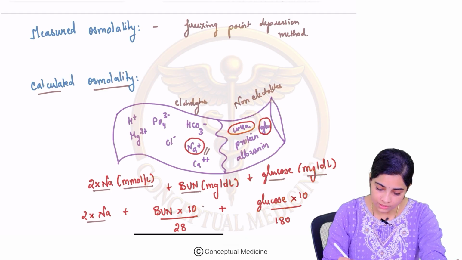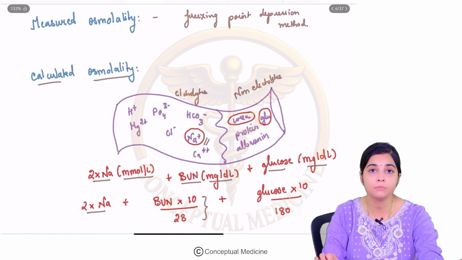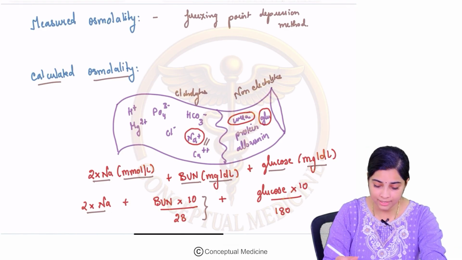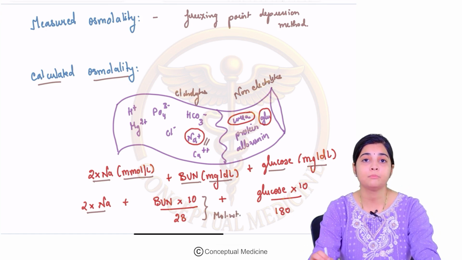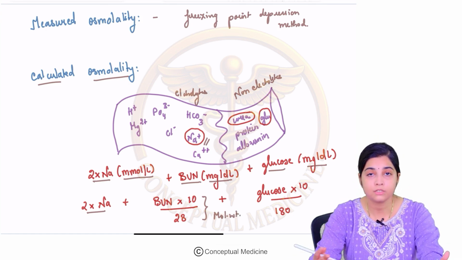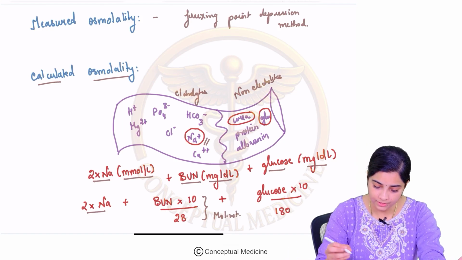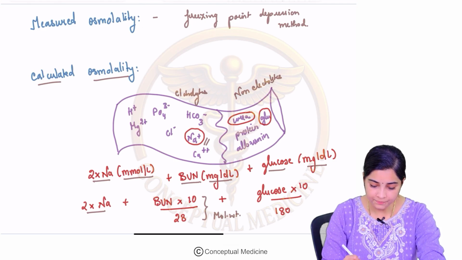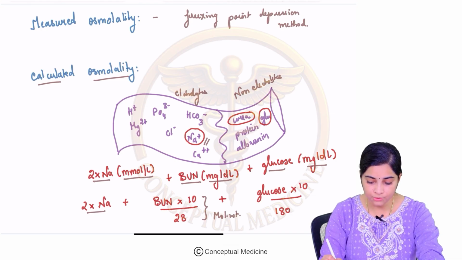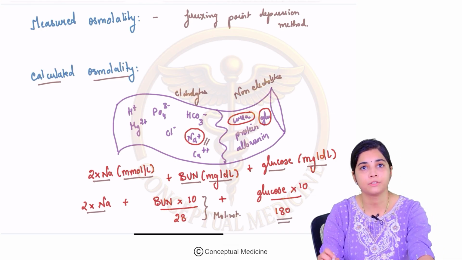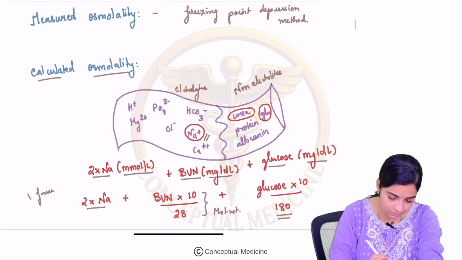Okay, now what is this formula? Right, so how do you convert milligram per deciliter into millimoles? You multiply it by 10 and divide it by the molecular weight of the substance, in order to convert milligram per deciliter into millimole per liter. Right, so it is 2 into sodium plus BUN into 10 by 28, which is the molecular weight, and glucose into 10 by 180, which is the molecular weight of glucose. So this is the formula which is used for the calculation of